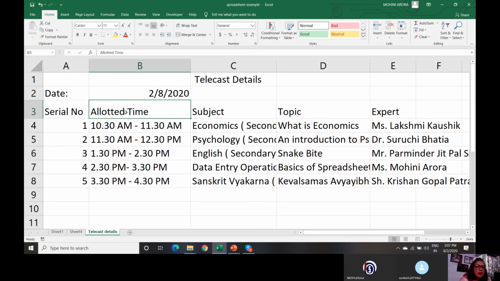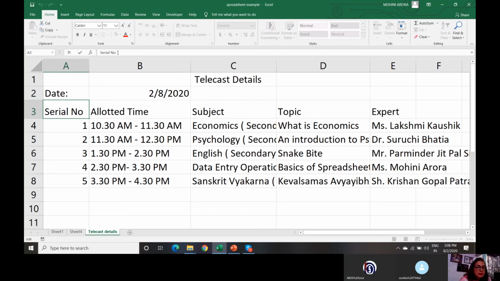Now this is complete modification of the cell. It means I want to change the entire data of the cell. Suppose I want to do partial modification. I don't want to change the value entered in the cell completely. I want to partially change it. Then click on that particular cell and click on the formula bar.